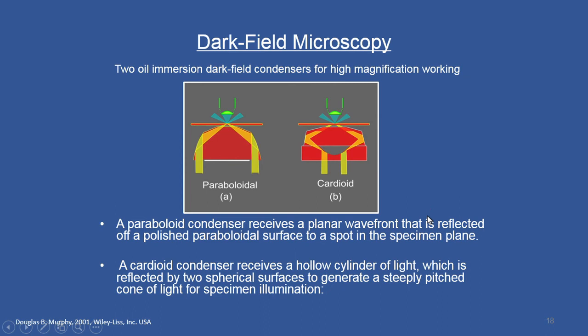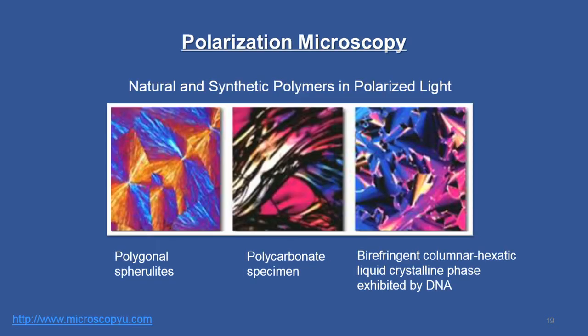You can have two kinds of oil immersion dark field condenser for this optical setup. They are very simple in nature, and you know the principle of oil immersion objectives. Already we have seen that, so I will skip it and quickly move on to the next variant.